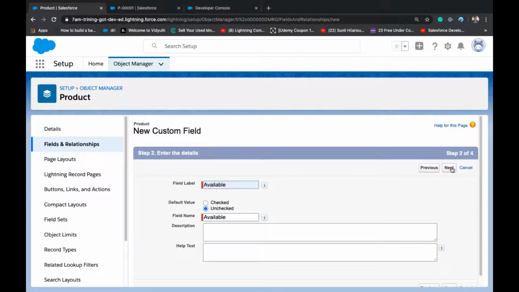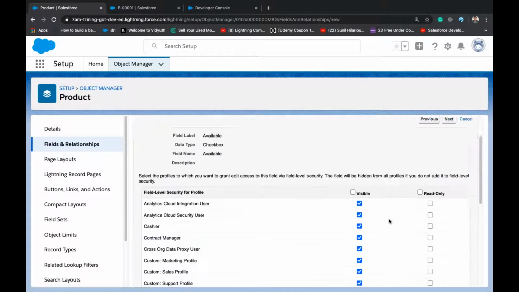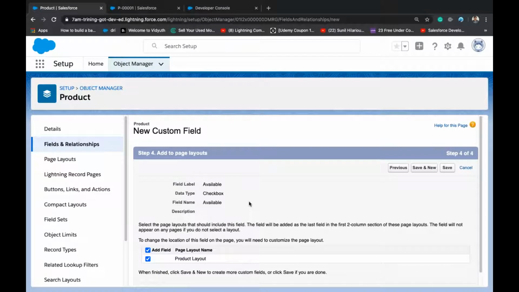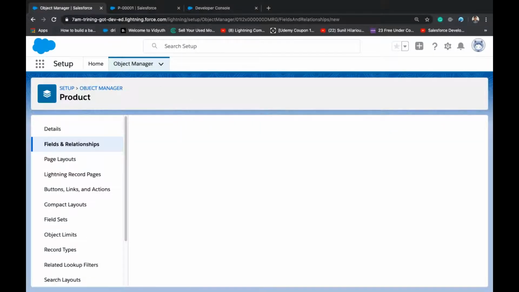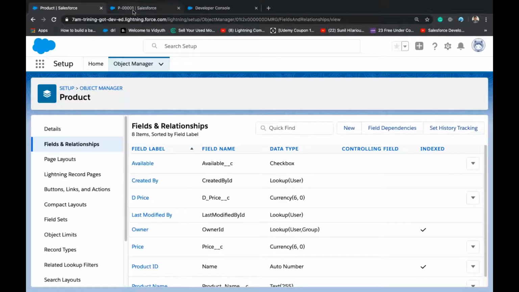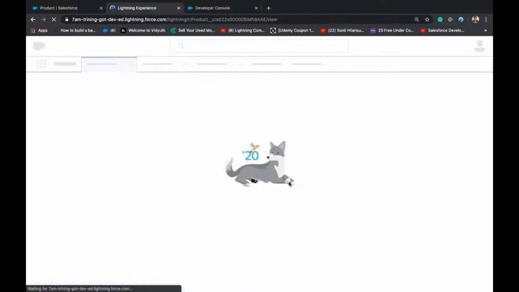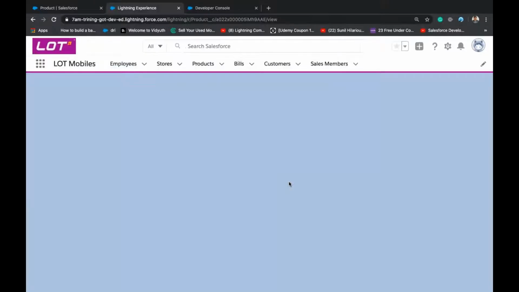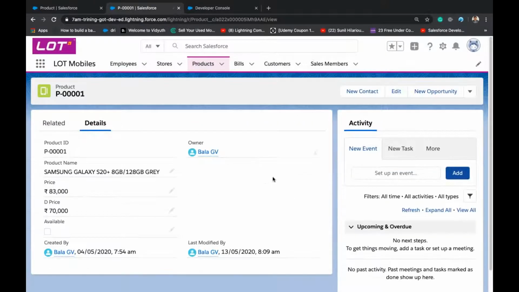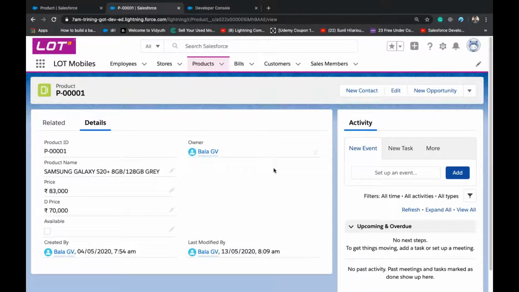So generally companies maintain inventory, right? They'll automate this field whenever the inventory... So if we have inventory and a number of products, this checkbox will be turned off when all the products are sold, and automatically we will send an email to someone saying these products are over.